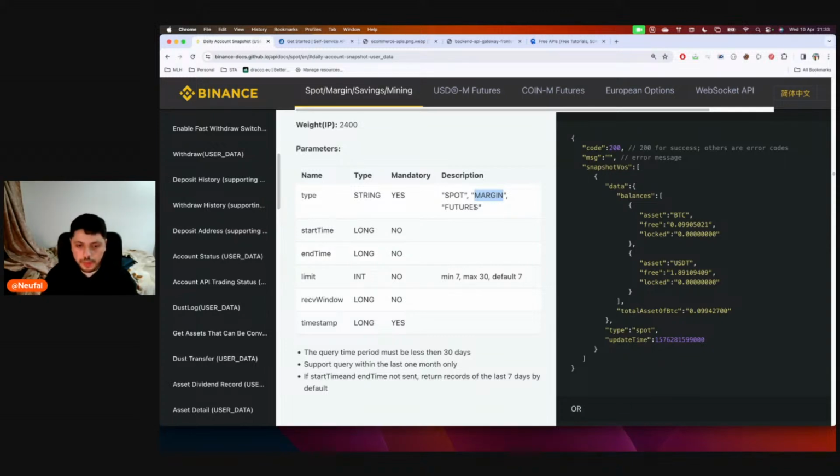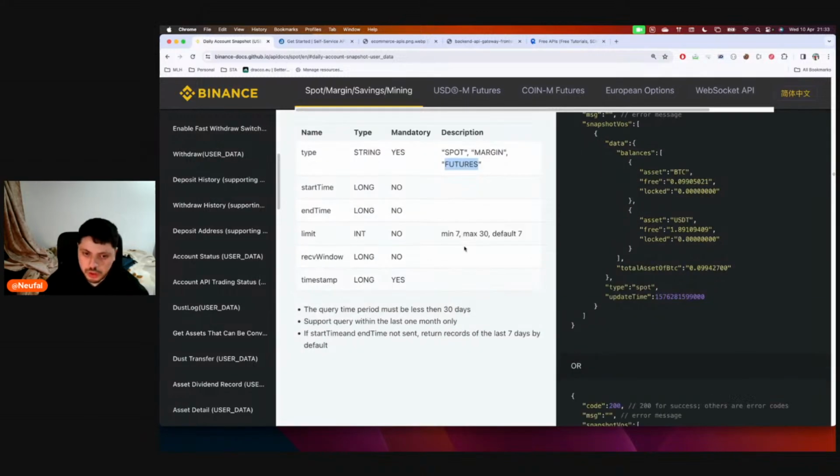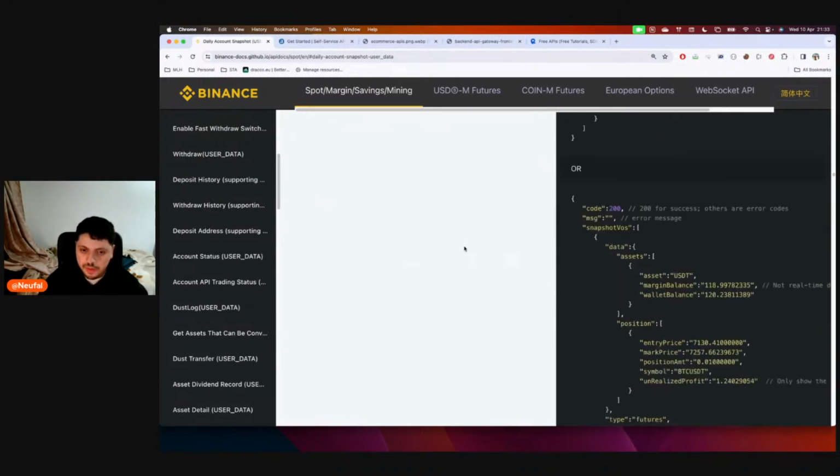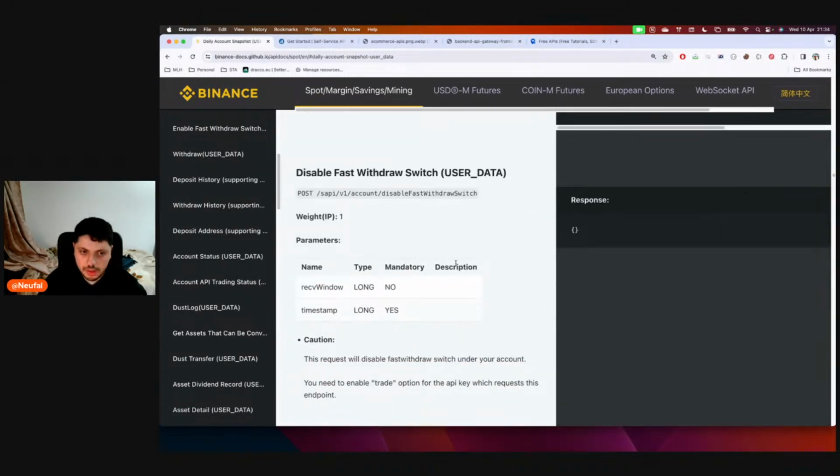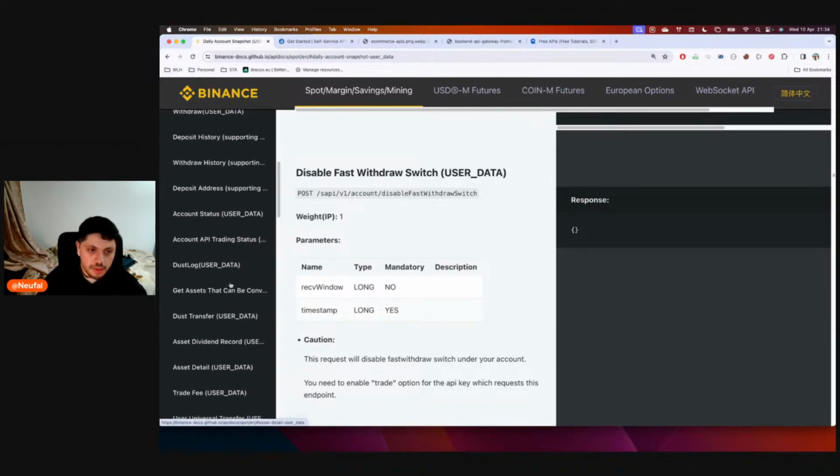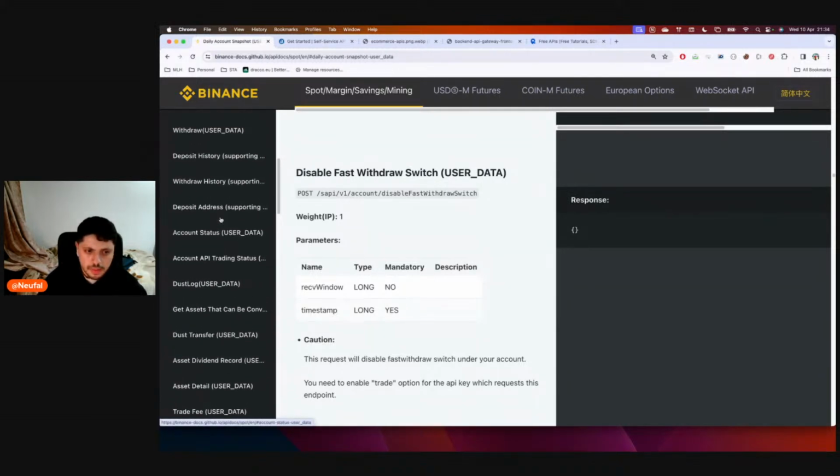So they will close your position and take your money just to cover their loss. Okay, so basically this is what margin means, and futures is like trading with futures or derivatives, or whatever you want to call it.